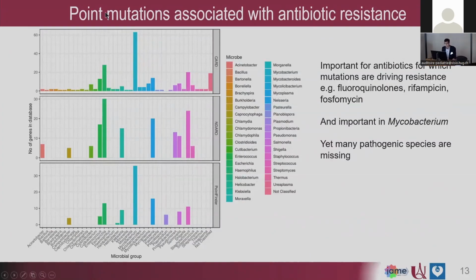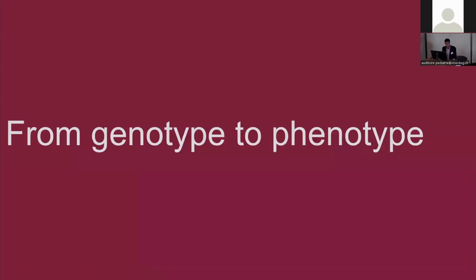And I should say that in these antibiotic resistance gene databases, some address point mutations, but you see, let's say, the representation of pathogens is far from being exhaustive. CARD is very good in that, but clearly there are lots of bacteria missing. So I think there's still lots of work to do to cover all possible mutations addressing resistance to important antibiotics. So let's say we've